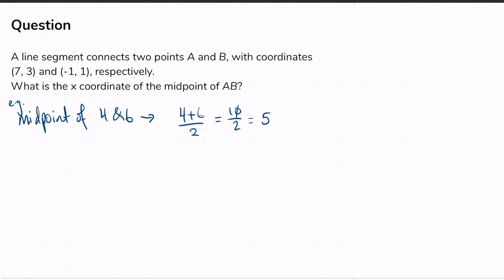So in this example here, I've got, roughly speaking, A is around here, B is around here. So what's the midpoint in terms of their x-axis? Well, it's going to be somewhere in this region here. What does that look like? Well, I add those two numbers together. So the midpoint,